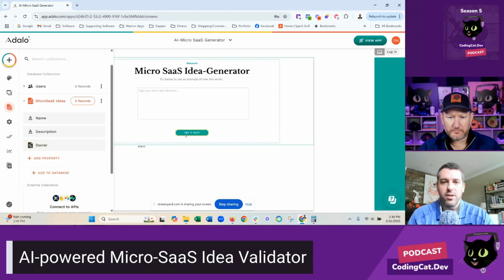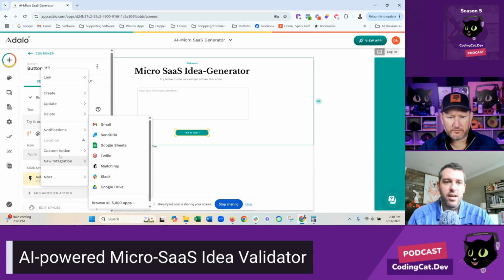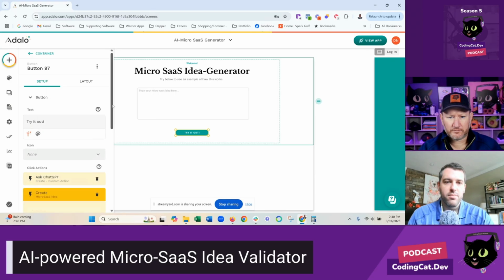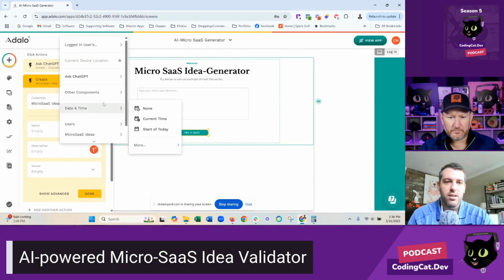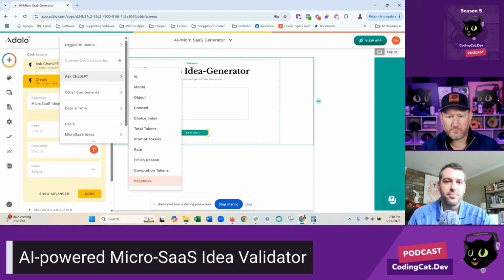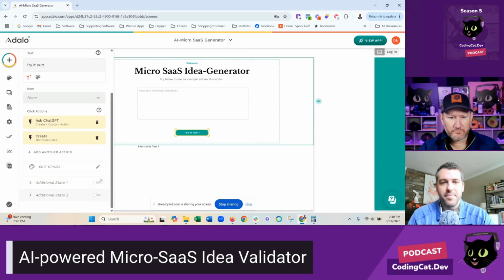Now basically what I'm going to do is, after asking ChatGPT, create a micro SaaS idea with no name yet, but the description will just be the Ask ChatGPT response, whatever response comes back. The owner would be the logged in user, which actually won't be anyone because this is a welcome page, so we don't have to worry about that yet.